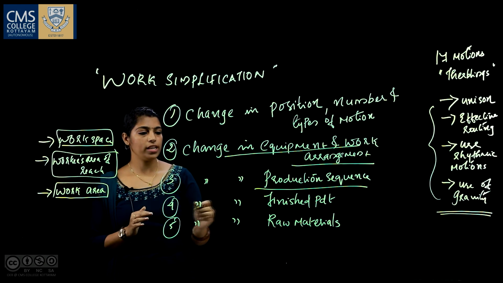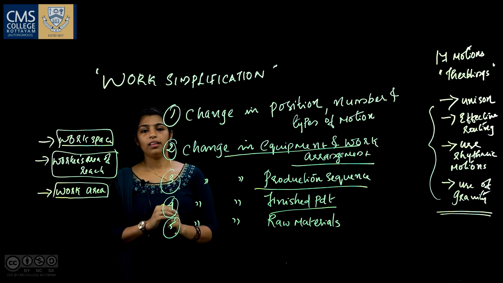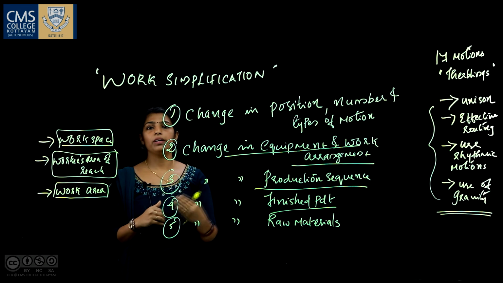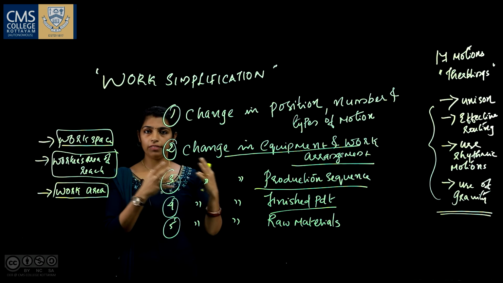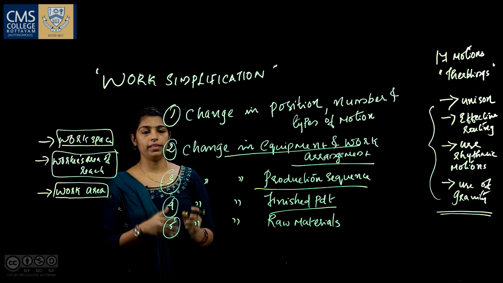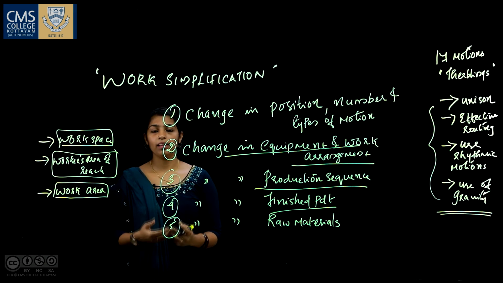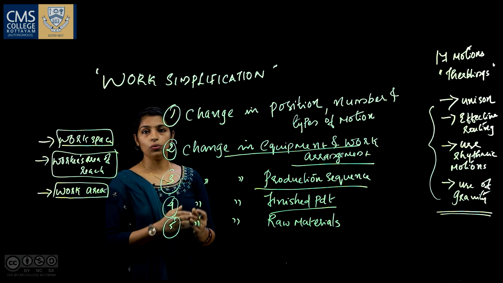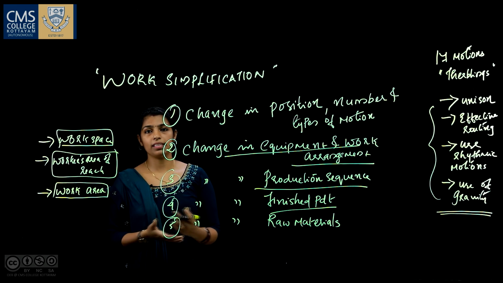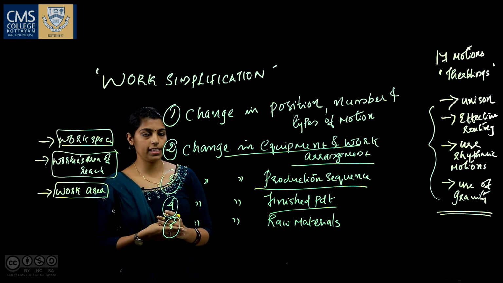The fourth one, changes in the finished product. The finished product should be such that it is according to our requirement. We don't have to give extra burden to improve the quality of that finished product. We have to focus only on the final requirement of the customer, that is what he or she wants. We don't have to emphasize the beauty of something rather than what is necessary. So, unnecessary work imposed on emphasizing the beauty of the product can be minimized, and so the time and energy can be saved.